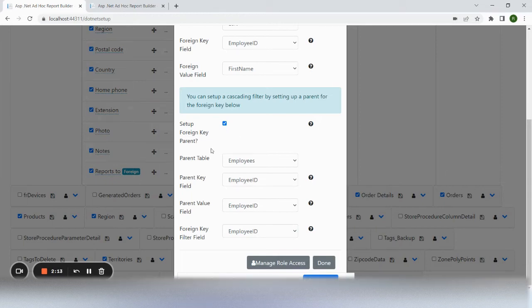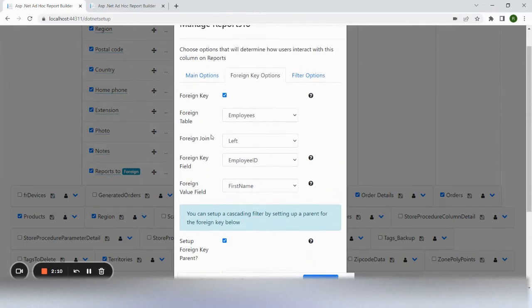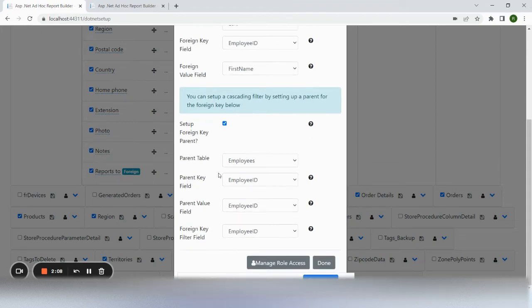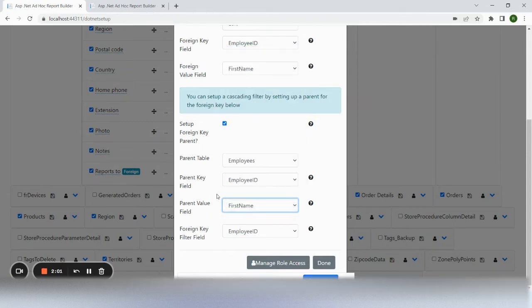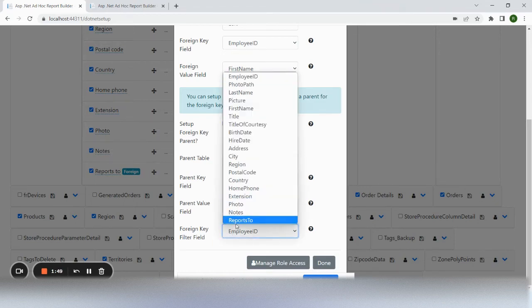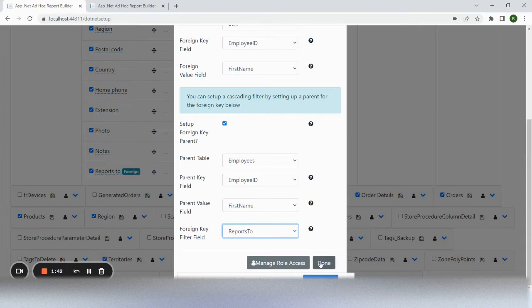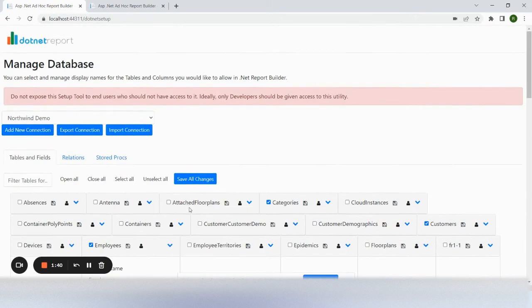You set up the parent table in a very similar way to the foreign key table, where the key field is ID and the value that you want to display is the first name again. The new thing that you have to set up is the foreign key filter field, which tells you what field the selected value needs to be filtered on. In this case, that would be reports to. Then we set this up and save it,